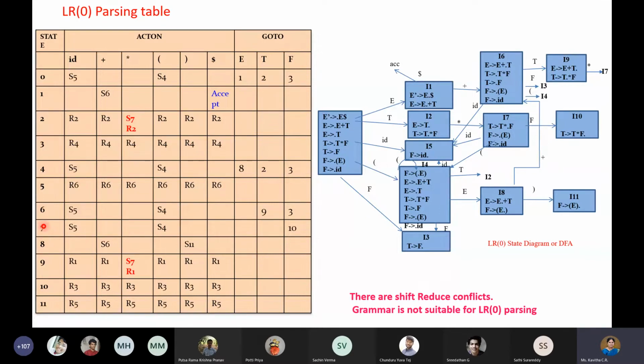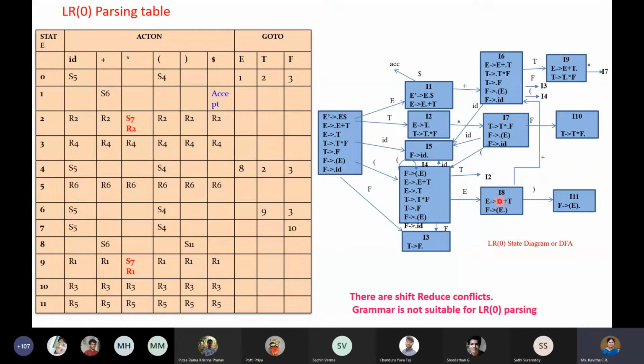And coming to state number 7, at state number 7, when you read F, it is having a new state, that is state number 10. So on F, it goes to 10. Then coming to other symbols, we have ID to be read. It is nothing but shift 5. And also we have open parenthesis to be read. That is nothing but shift 4. That is the reusing of states. Okay, so state number 7 is done now. State number 8. At state number 8, we are supposed to read close parenthesis, and we are supposed to read plus.